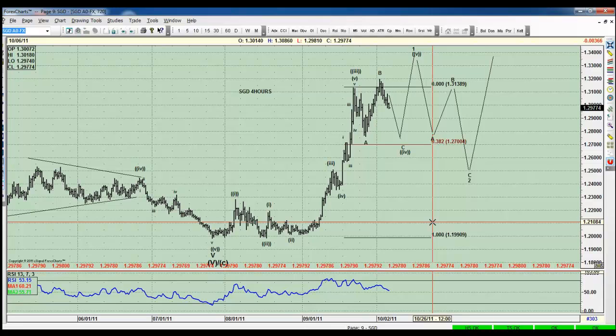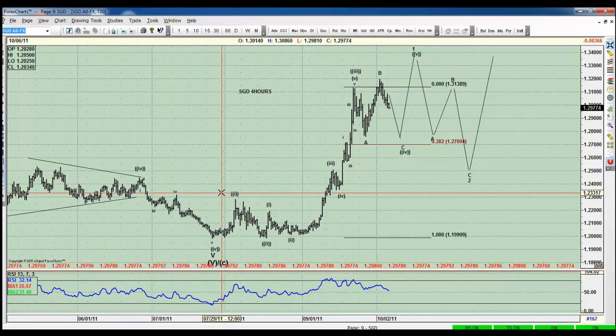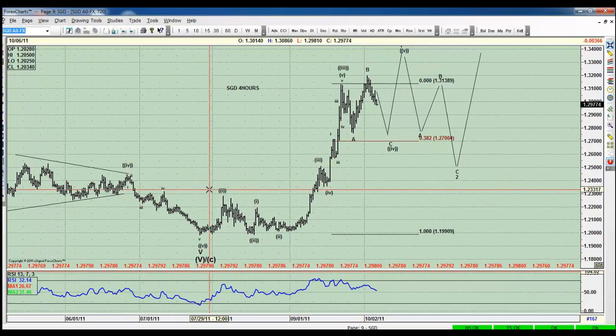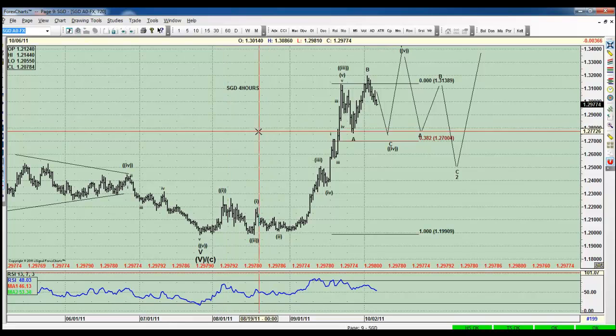Now, let's start with the RSI. We use the 13, 7, and 3, but technically it does not matter, it is a small difference. Technically, you can use the 14, 3 and 3, or 13, 7 and 7. It depends, but the difference is going to be minimal if you use 13 or 14. So technically, this is the Singapore dollar in the